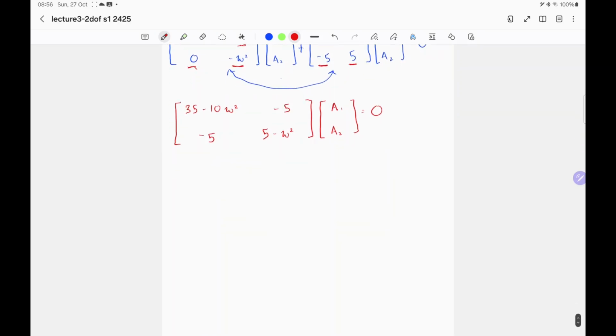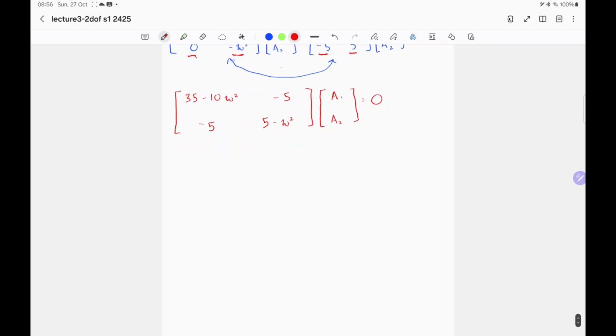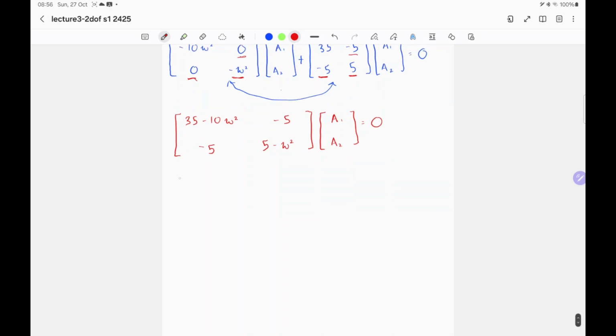So next, what we need to do is apply Cramer's rule. Why do we need to use Cramer's rule? Because we want to find the determinant of this omega. So how does Cramer's rule work is that